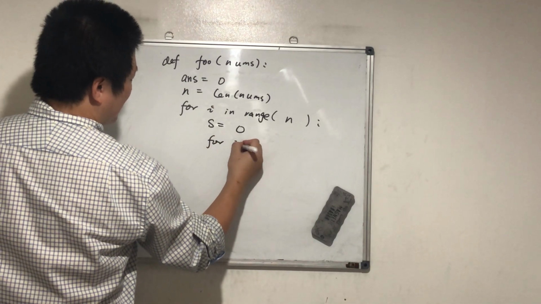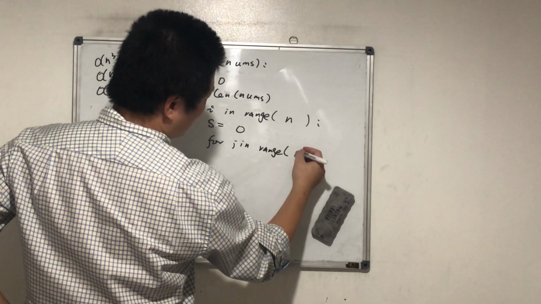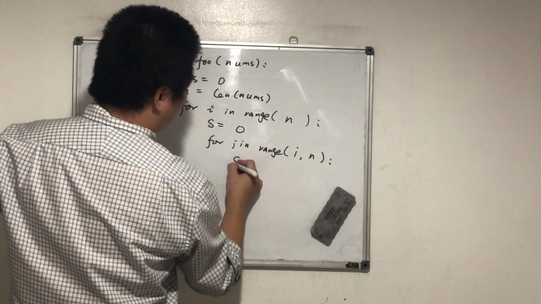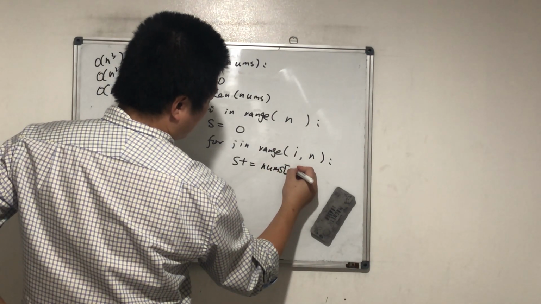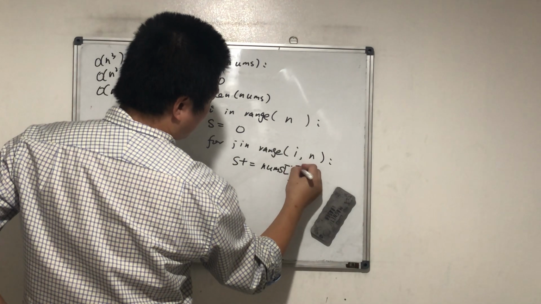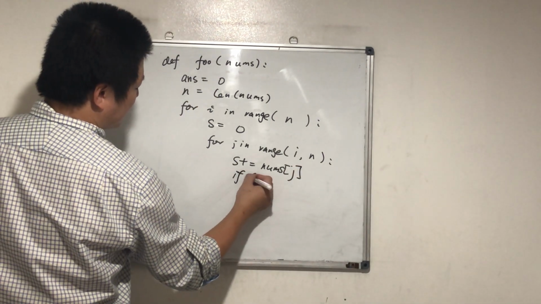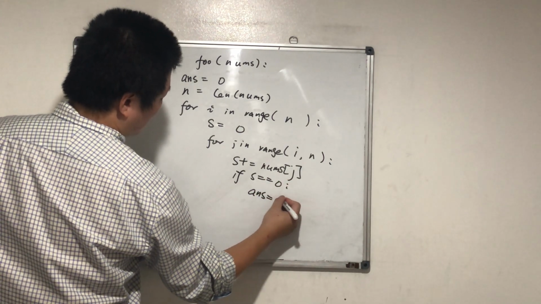For j in range from i to n, sum plus equals nums[j]. And we need to check if the sum equals 0. If it's 0, answer equals